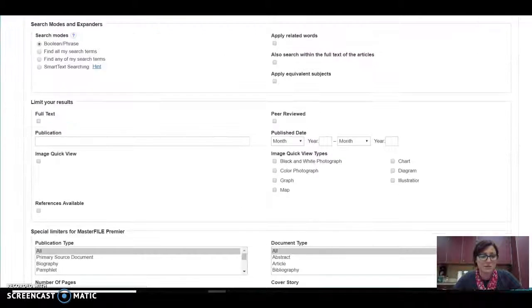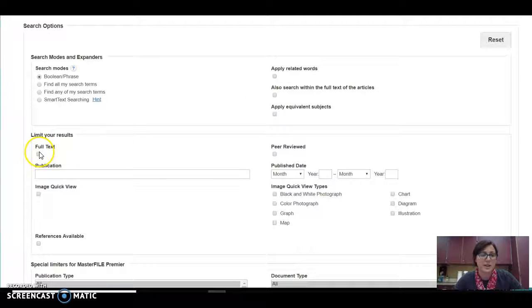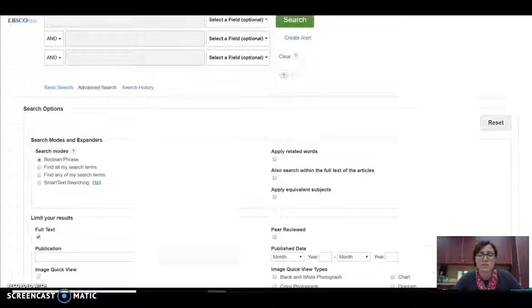Down here is where you can find the check mark to filter out just full text articles, and you can choose your date range here. You can click peer reviewed if you want to filter down to just peer reviewed items. So these are all your filters that limit your results,